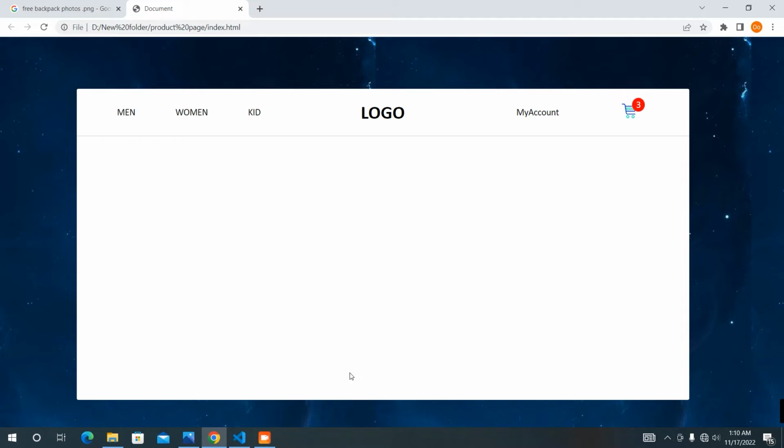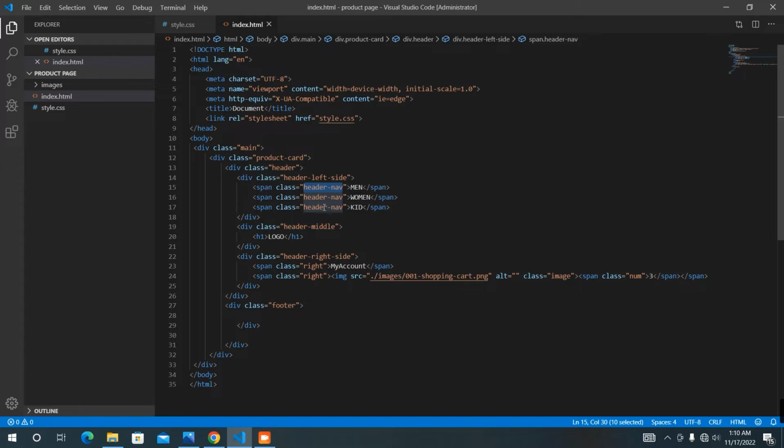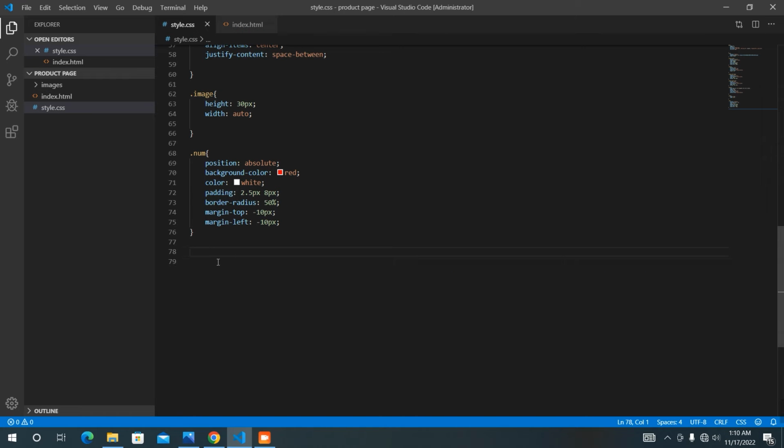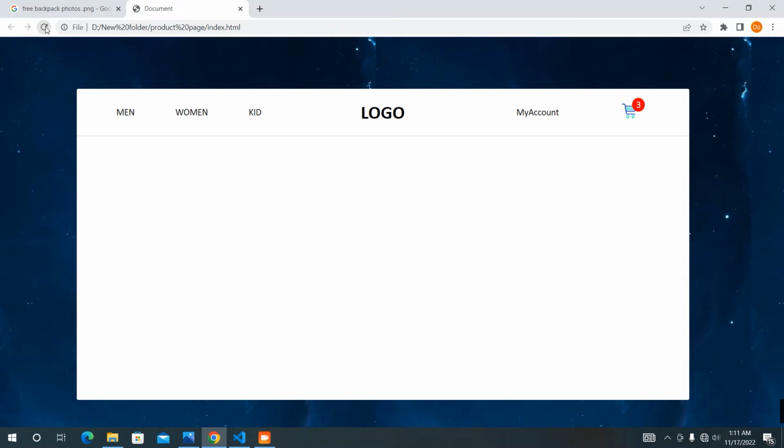Okay, at first I am going to add more styles to header nav. Ctrl C, Ctrl V. I'm going to add a padding of 20 pixels and 40 pixels. Ctrl S, like this, and